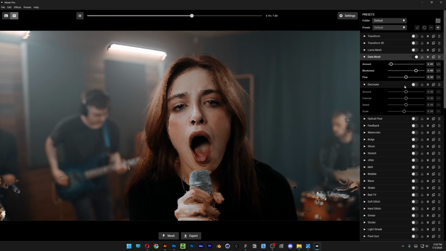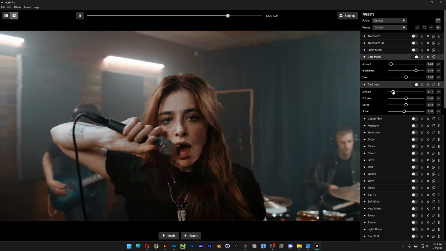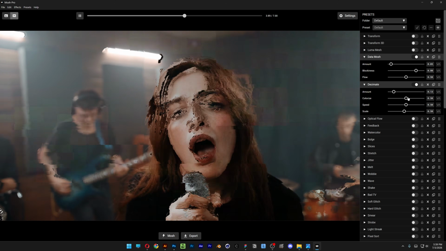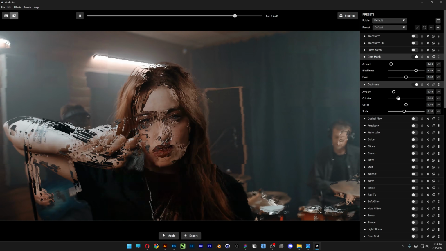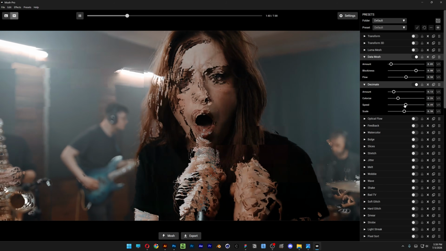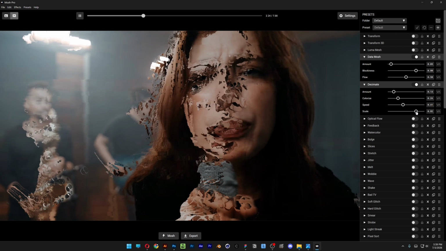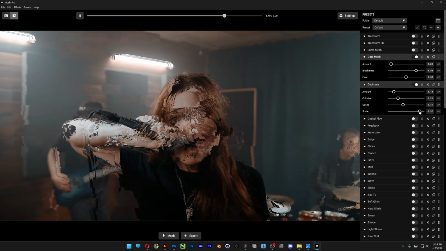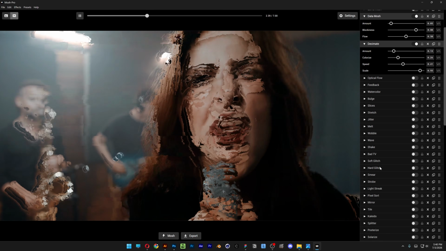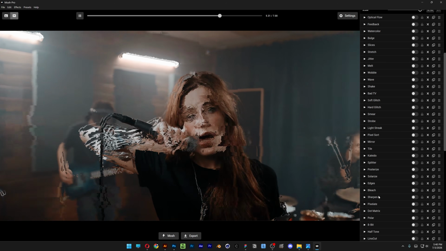Then you got the decimate. We're gonna activate that too. That is going to mess it up quite a bit, so we're gonna decrease the amount. Colorize, I'm also gonna drag that down a little bit more. Speed, bring it down. You know, just make it a little bit more subtle. Yeah, there you go. And now we're gonna go and search for the soft glitch, and hope I'm gonna find